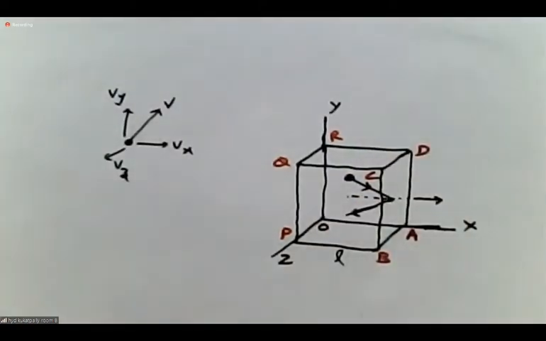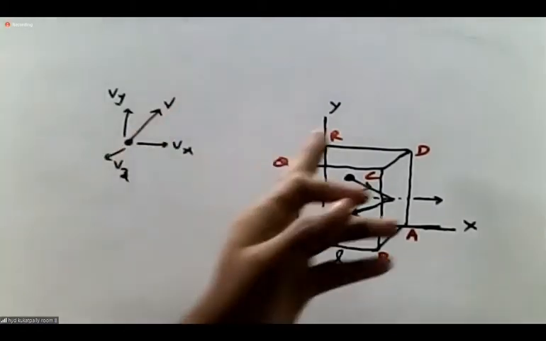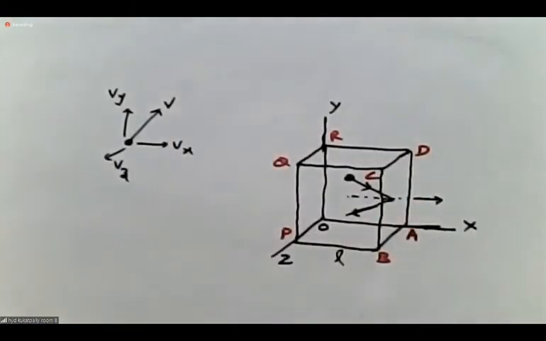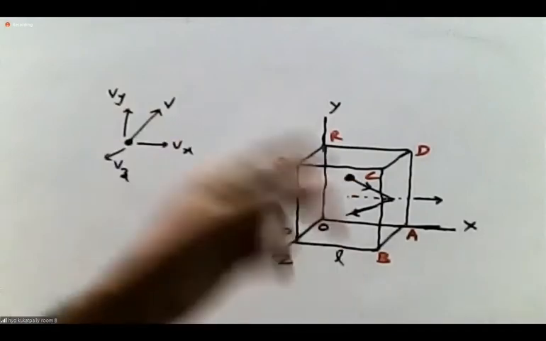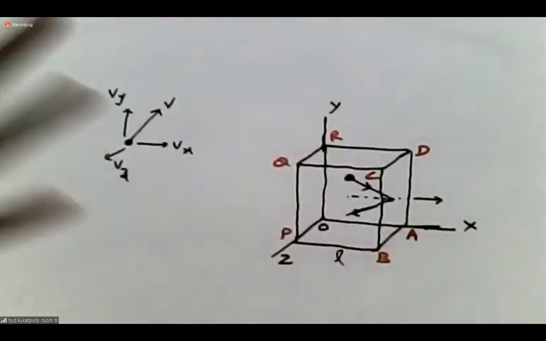We studied in the collision chapter, whenever a ball collides with a surface, only the normal component of force will be there. The normal component changes, the tangential component of the momentum does not change. All forces and impulses during collision act along an axis. Able to recollect it? Tangential means parallel to ABCD. Parallel to ABCD, momentum is not going to get affected. The momentum perpendicular to ABCD, that means along the x-axis, is going to get reversed in an elastic collision.